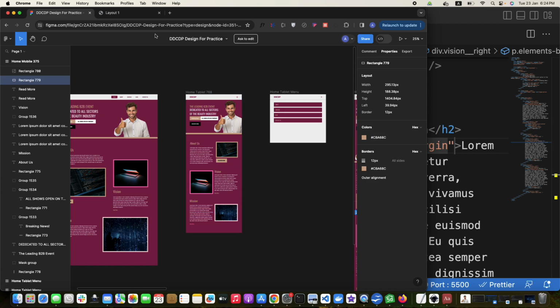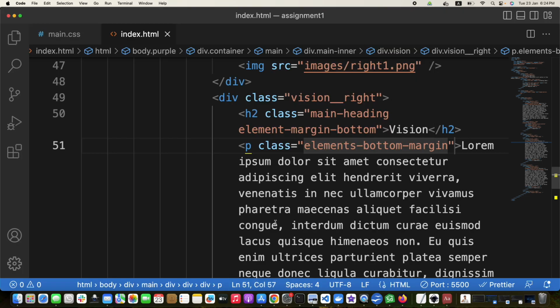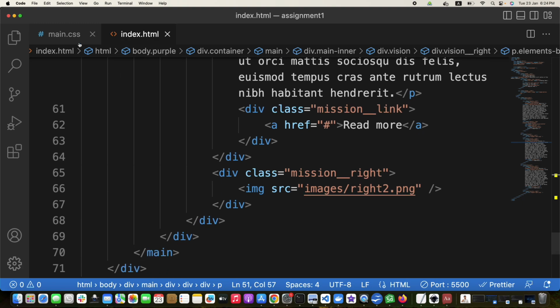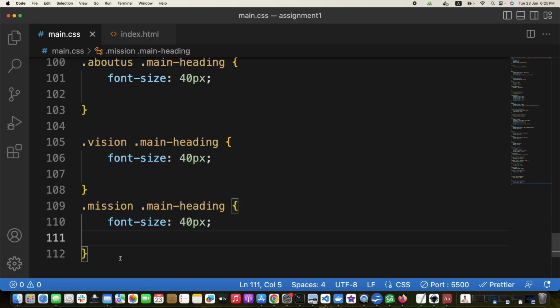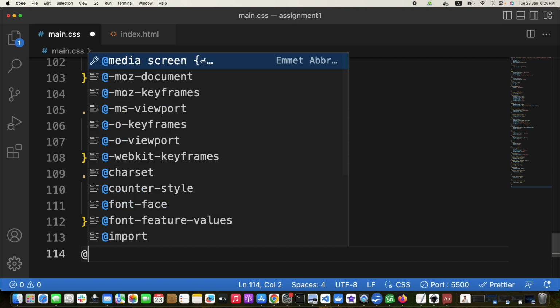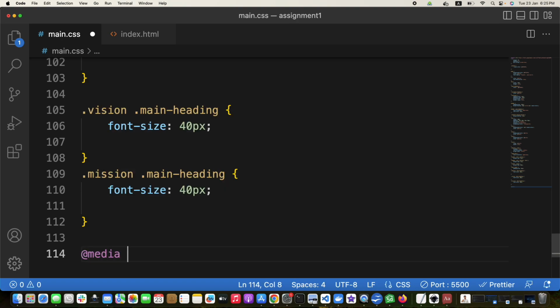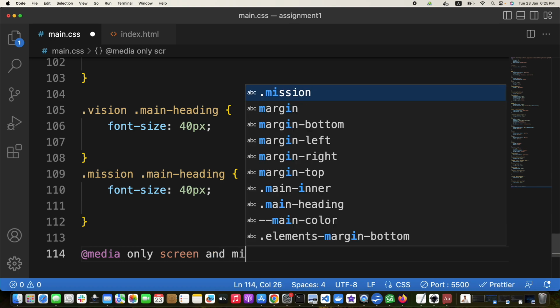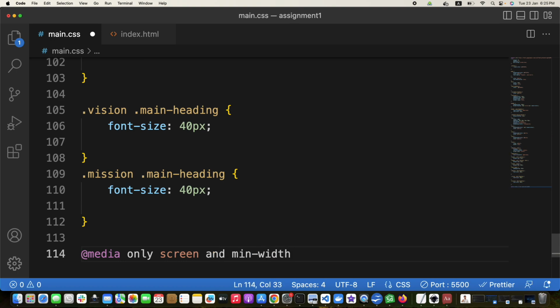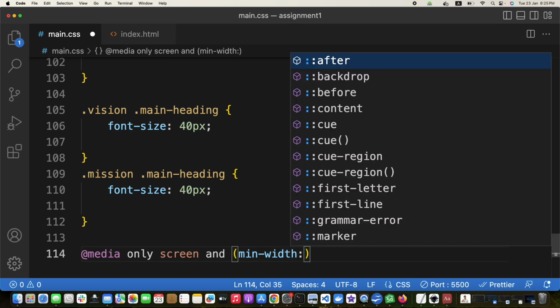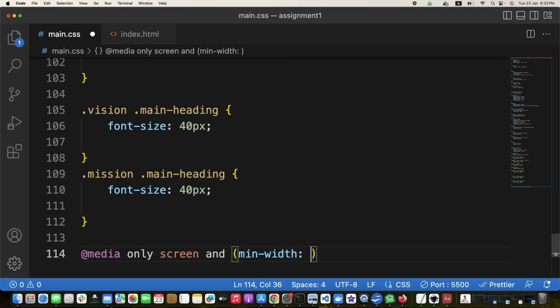So with just minimal CSS we will create, at the bottom of the page, add media and min-width, so tablet starts from 769 pixel,